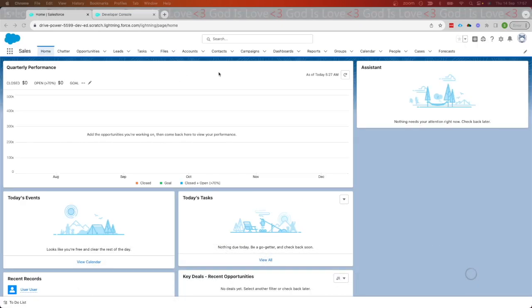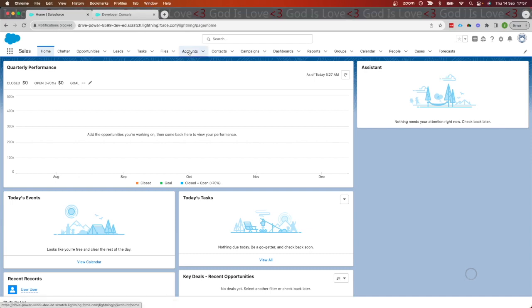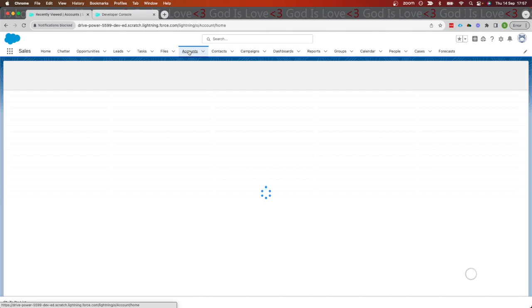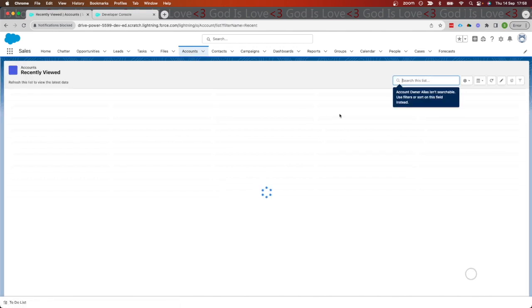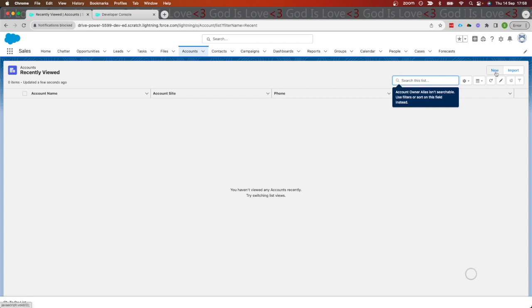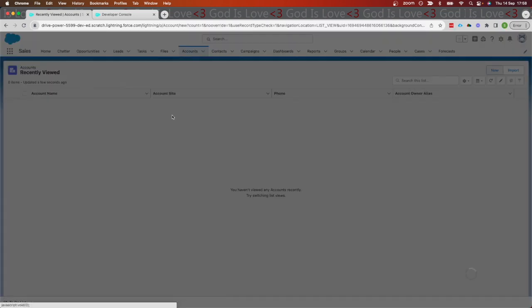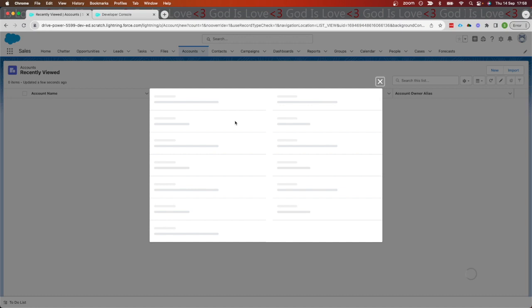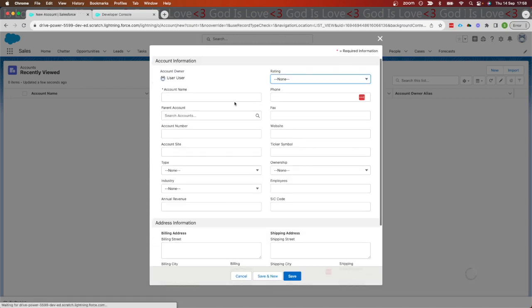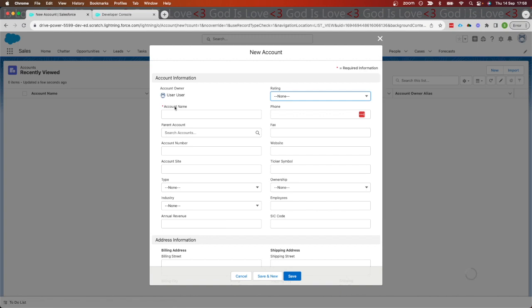And once you are in Sales app, click on the Accounts tab. And at top right corner, click on the New button to create a new account. Fill out all the required fields, in this case just the account name. So I'm gonna give a name, Ariton Software,